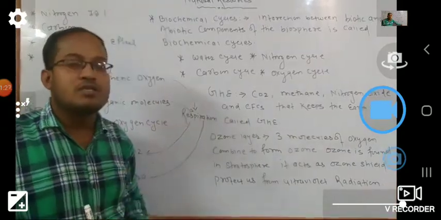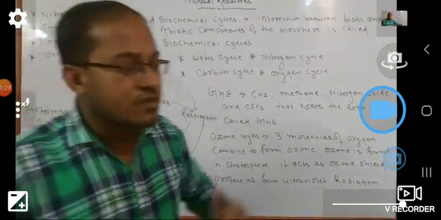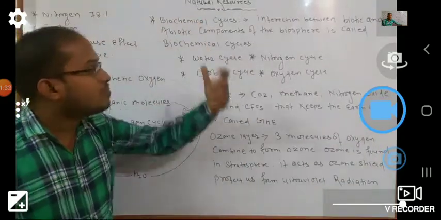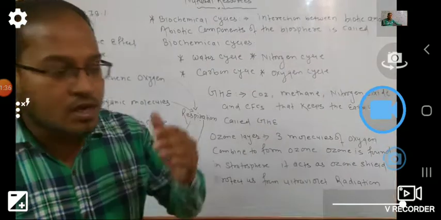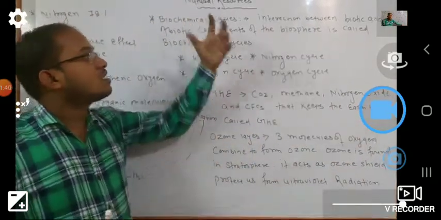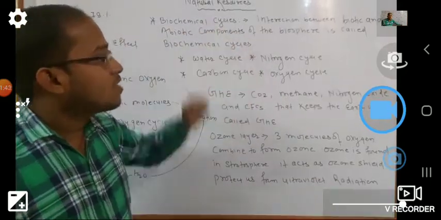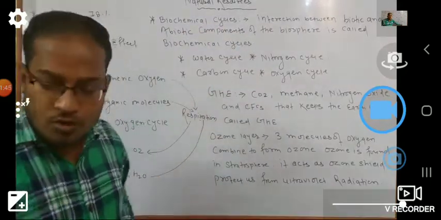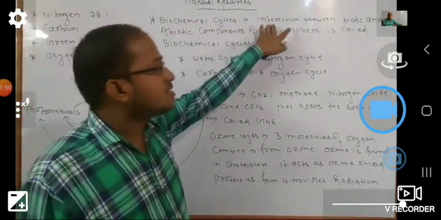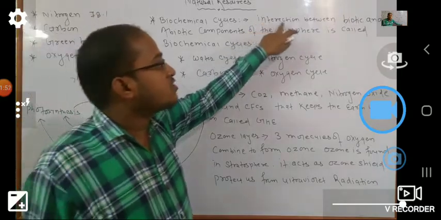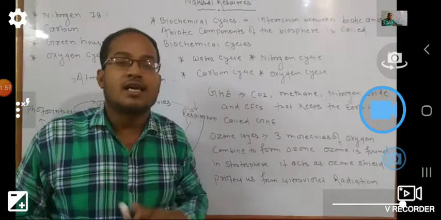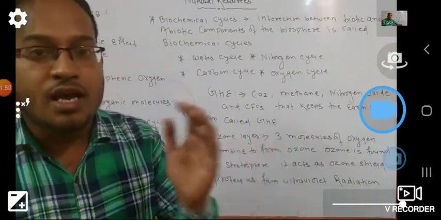Biochemical cycles: bio means life, and chemical means different types of chemical substances. When they come to the bioresources, that becomes a biochemical cycle. जब अलग अलग substance की चीजें जब हमारे bioresources के साथ add हो जाते हैं, that comes in the class of biochemical cycles. Most important, biochemical cycle means it is a cycle in which there is an interaction between the biotic and abiotic components.